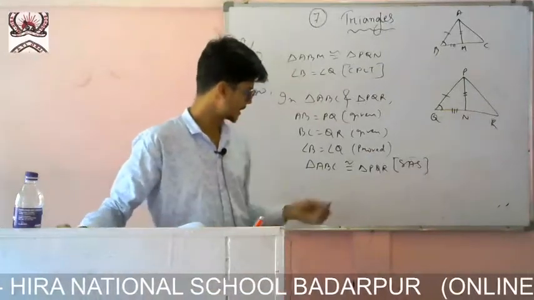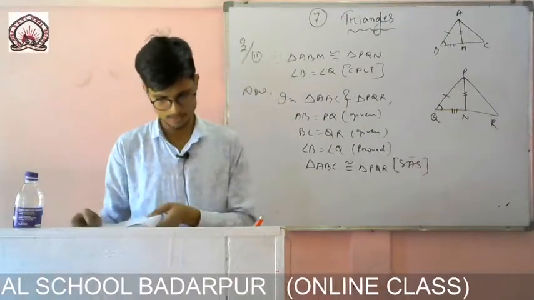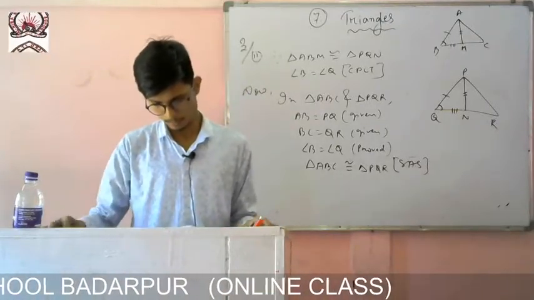So these two triangles are congruent. So that is triangle ABC is congruent to triangle PQR. So this one is also finished. Now let us move to question number